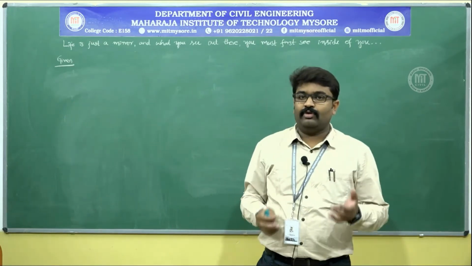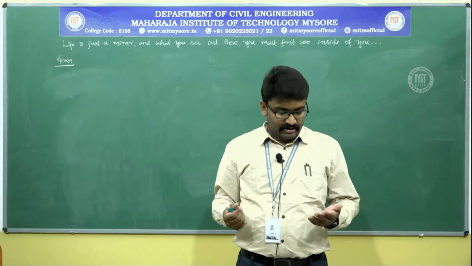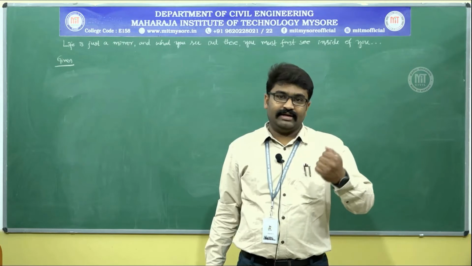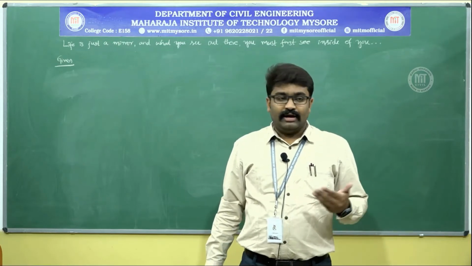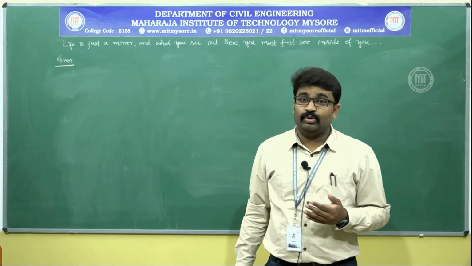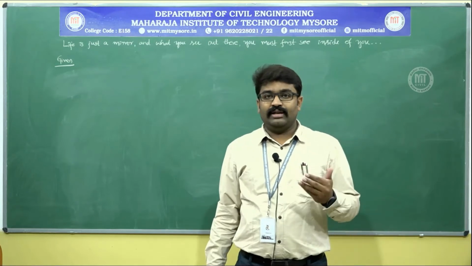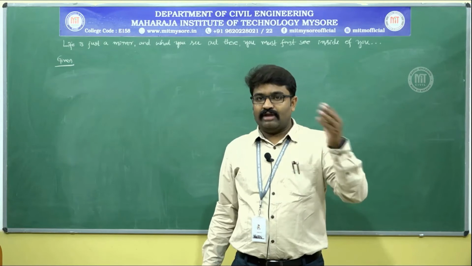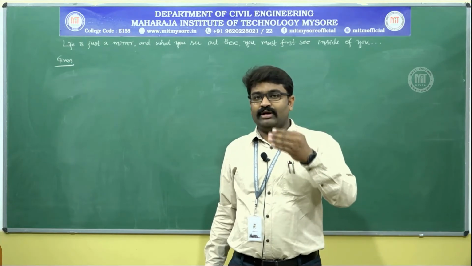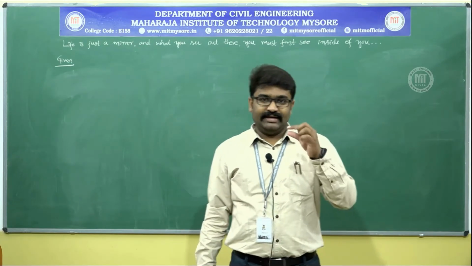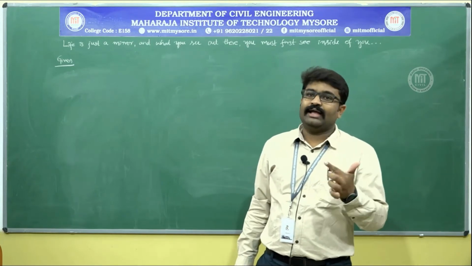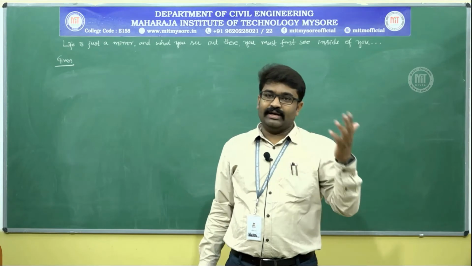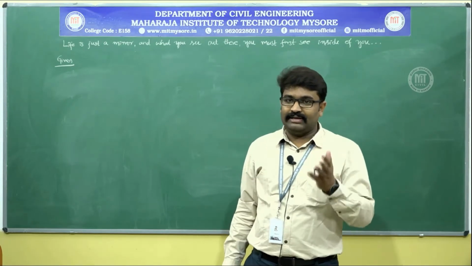A very simple problem. What is velocity gradient? By the way, velocity gradient is nothing but the rate of shear strain that you write, that is du by dy, and he says that it is 0.2 per second. What is the meaning of that? Du means speed or velocity, so that has to have a unit of meter per second. Dy is the distance or thickness, so it has a unit of meter. So meter per second per meter. Meter and meter get cancelled. You are left with per second.